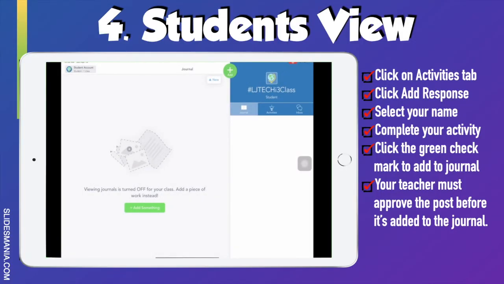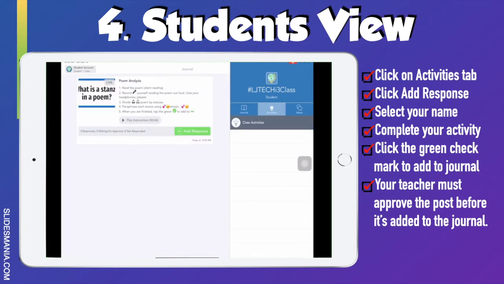Now we're going to be experiencing Seesaw from the student's perspective. So once your students open the class, all they have to do is click on activities and they're going to be able to see your latest activity that you added to class. So the activity is here, they can click on it,